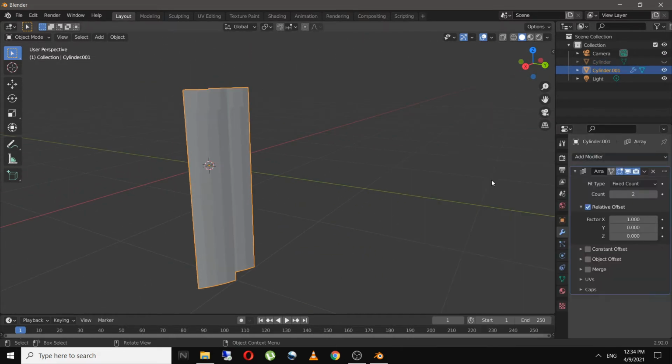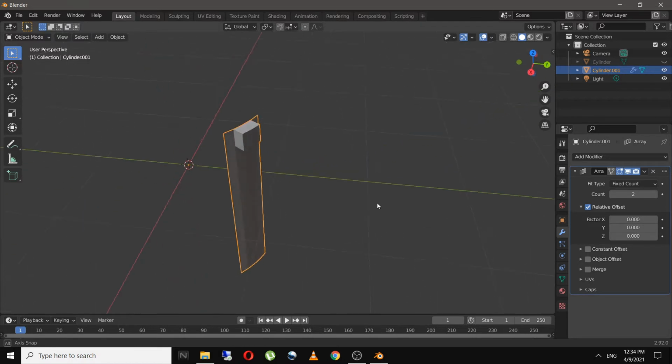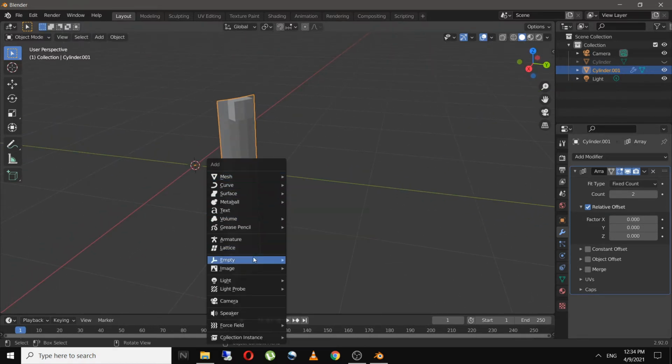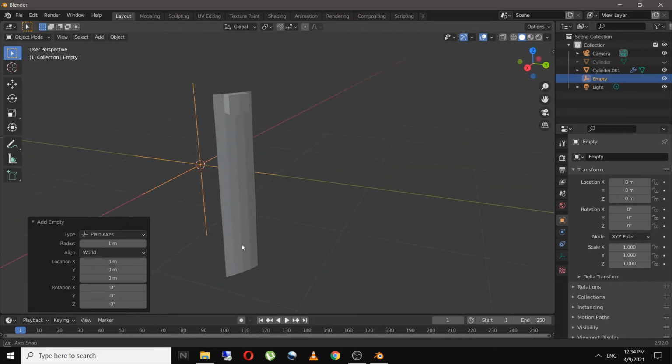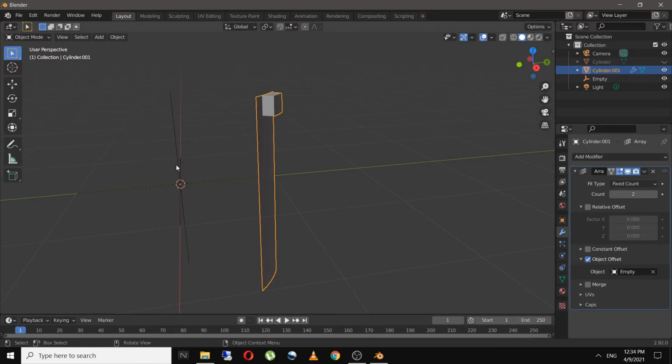And let's add an array modifier. As you can see, this will add in a straight line on the X, Y and Z axis depending upon your values. But we want this in a circular form. So for that, add in an empty axis, disable the relative offset, enable the object offset and select the object as the empty.